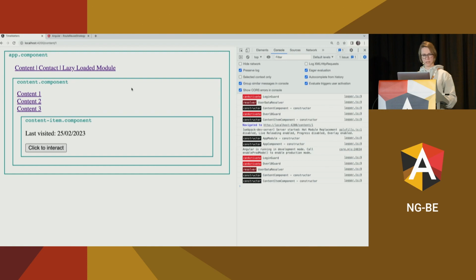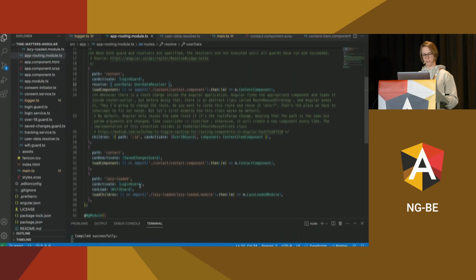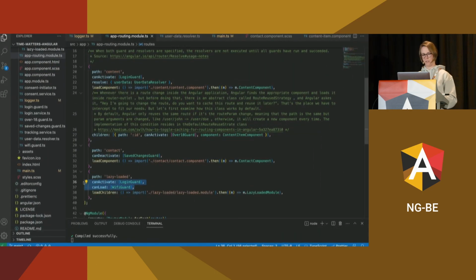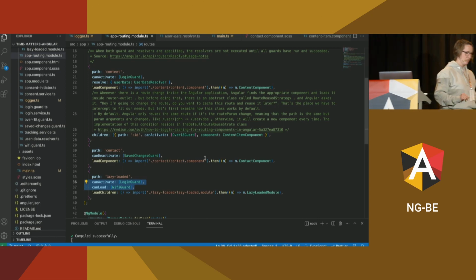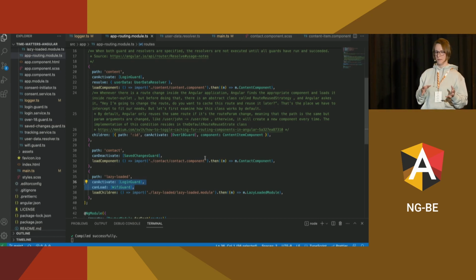One more guard that I'd like to show is the can load one. So as you can see, can load is executed first, and the can activate is executed second. It doesn't matter which sequence I put it in here. This is kind of a logical order. First, I check if I'd like to load my JavaScript, and then I check if the user can navigate to this route. So yes, now we are able to execute the code before the component is being instantiated.